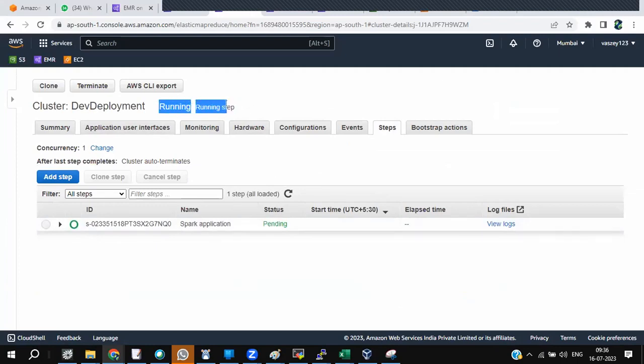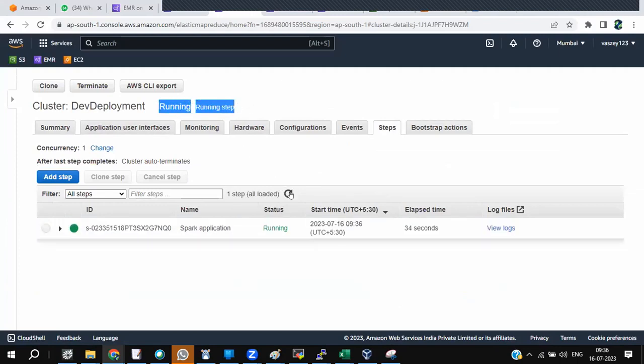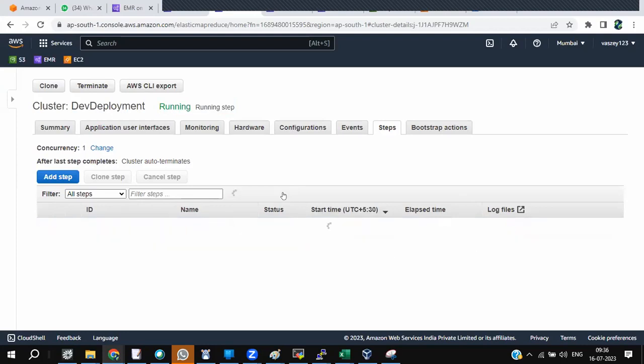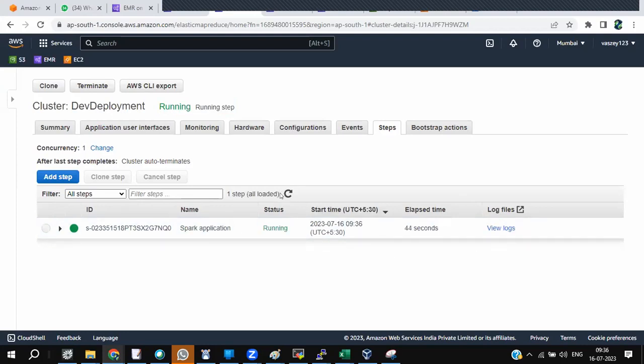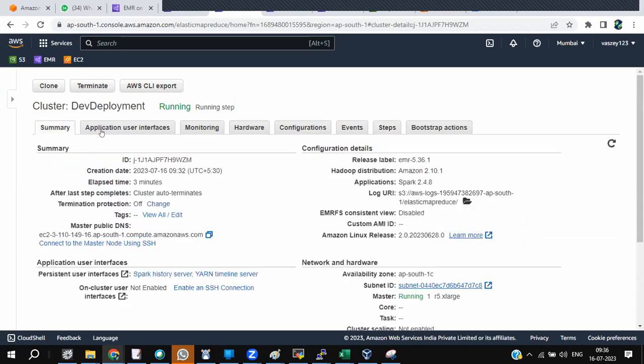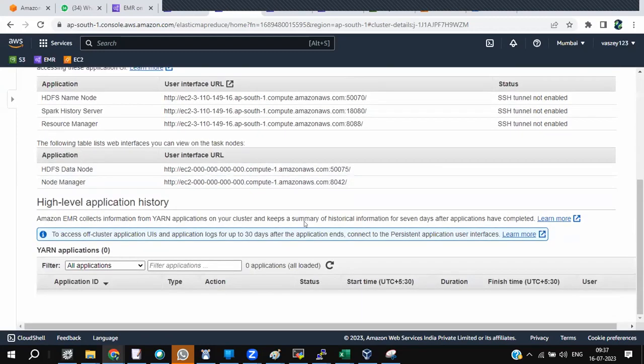Cluster is in running state. Now have a check. Summary, it is in running state. Still the Spark job is running at the backend.